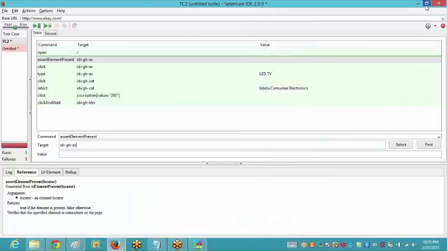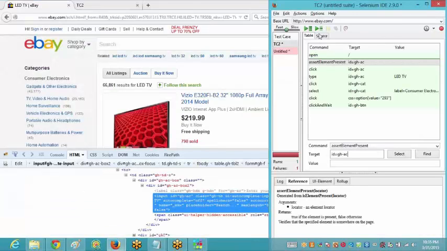And also if you want to cross verify whether you have to give any value or not, you can see over here whatever command you would be writing, according to that command the reference would be coming. That is, the syntax of the command would be coming up over here. In assert element present there is only one thing that you need to give, that is the locator. Can you see? There is no value that you have to give. So the syntax of my command is correct. Now let us try to execute it and see whether we have written the command correctly or not.